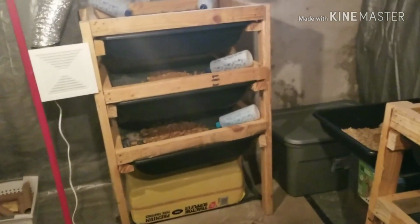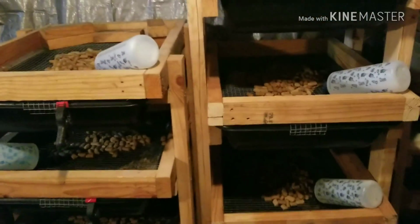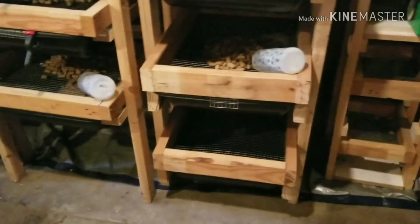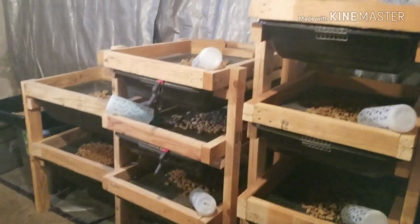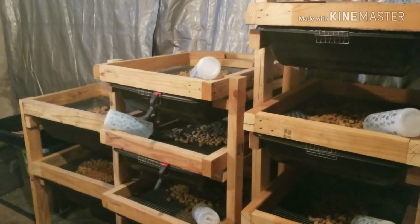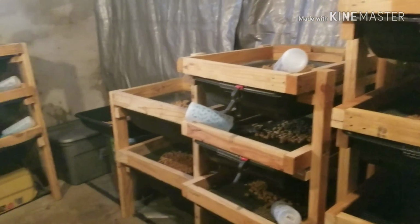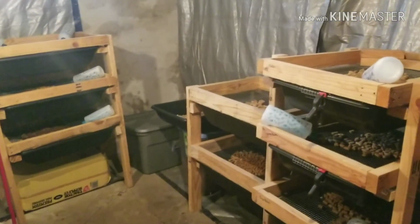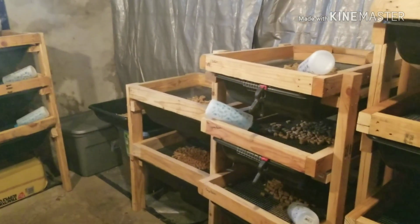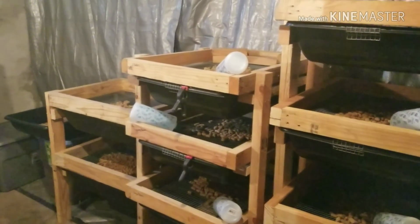But yeah guys, this is the new little area we got in my basement. You can kind of tell none of the racks were built at the same time. I've built different ones for what I needed at the time, and now I'm really starting to get it organized and starting to produce really well. Starting to figure things out. It seems like an easy thing to do, but keeping a rotation of fresh pinkies or small rats all the time is hard. I do frozen thawed, so I usually cull off what I get. I do have a couple that eat live, but